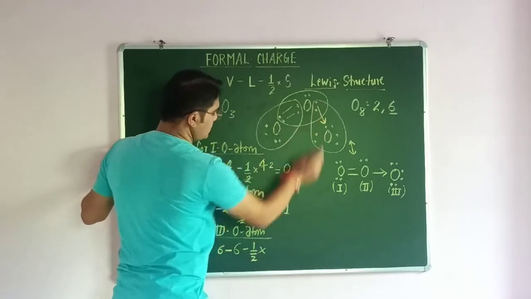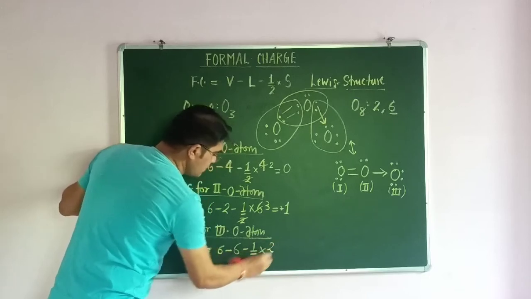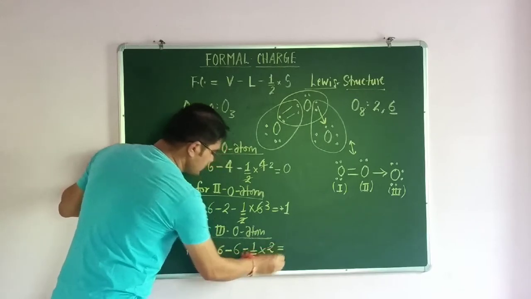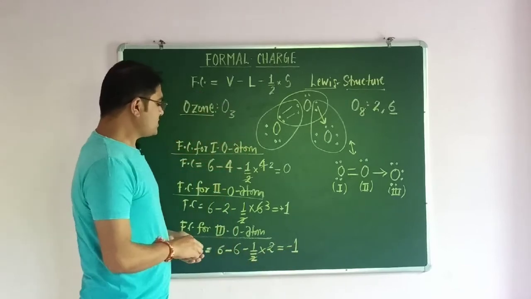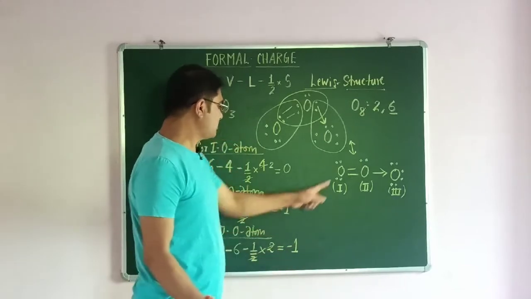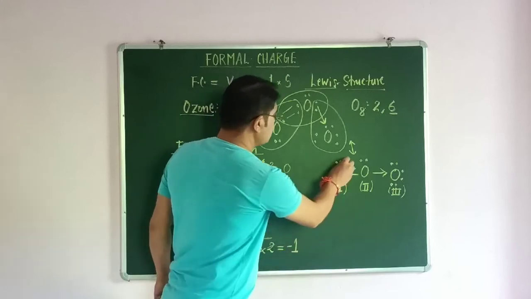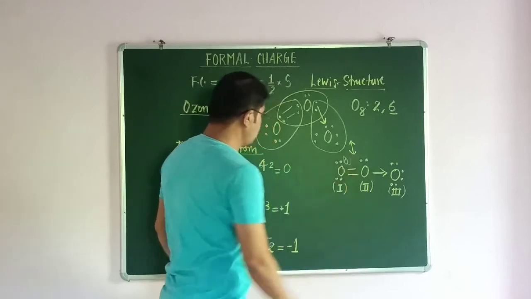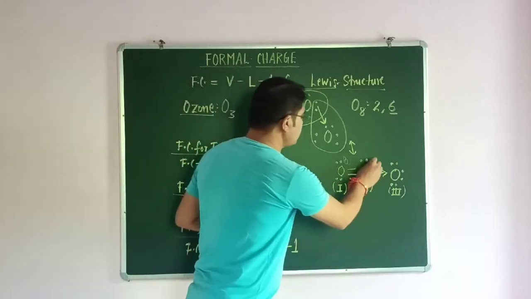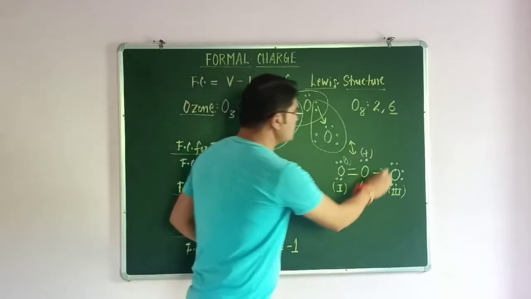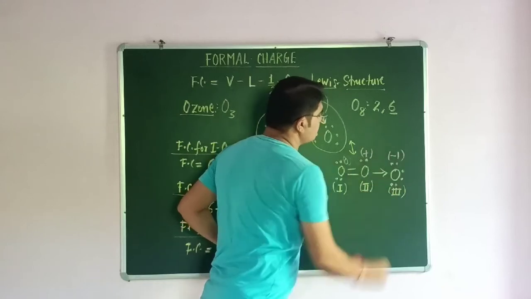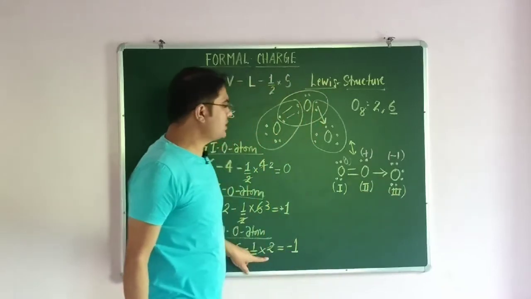So shared, it is only 2 electrons are shared. So when we solve this, 6 minus 6, 0, that is equals to minus 1. So these are the charges borne by the species. For the first oxygen atom it is 0, there is no charge. In the middle oxygen atom, the second, it is positive charge, and in the third oxygen atom it is minus charge, minus 1 charge, or simply we represent minus 1.